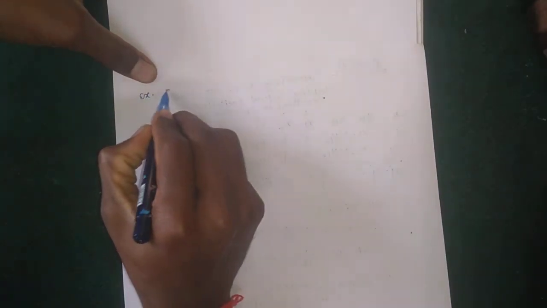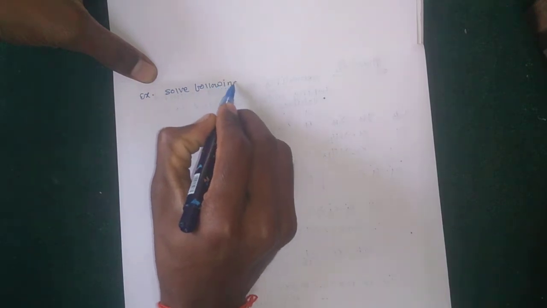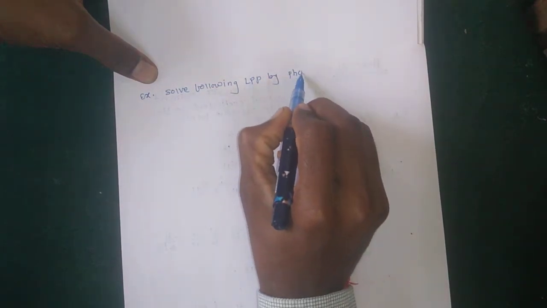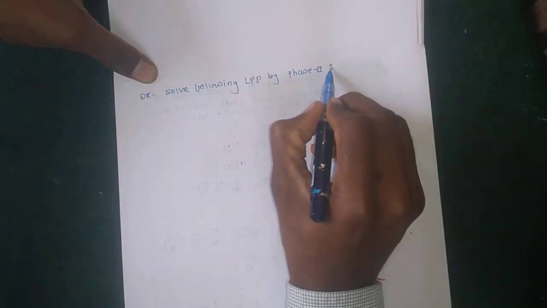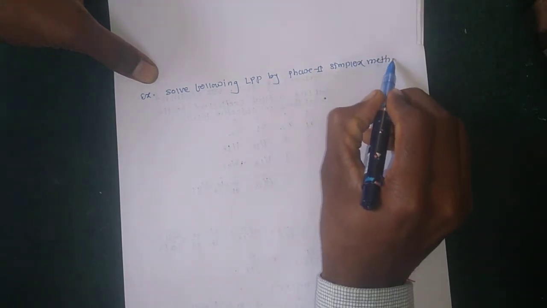Example on phase 2 method. Okay, so example is: solve the following LPP by phase second simplex method. Phase second simplex method. Okay, so example is given that